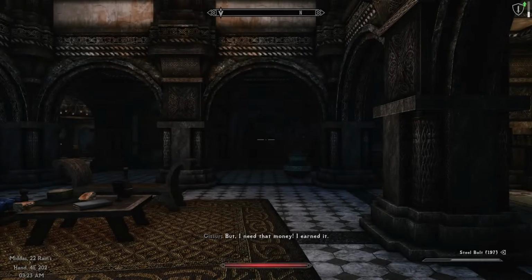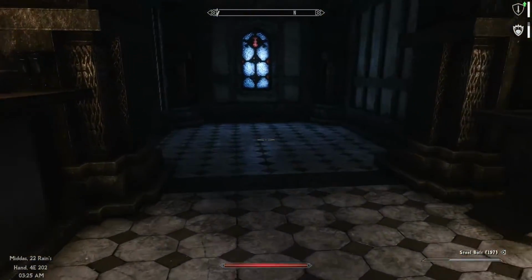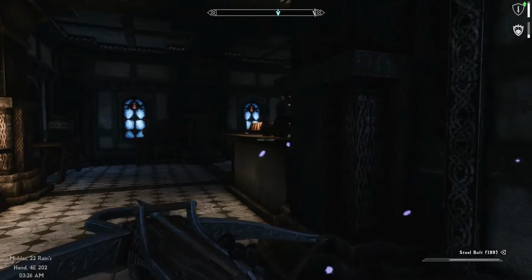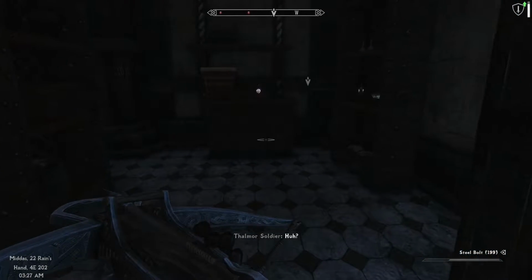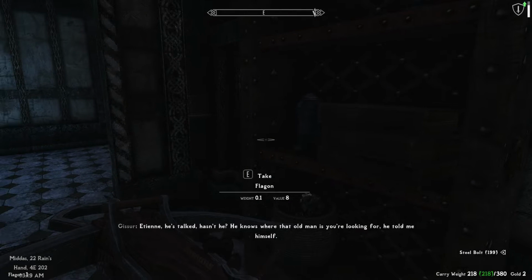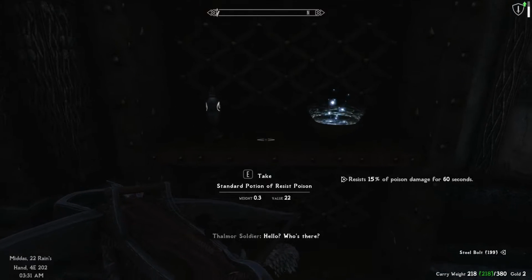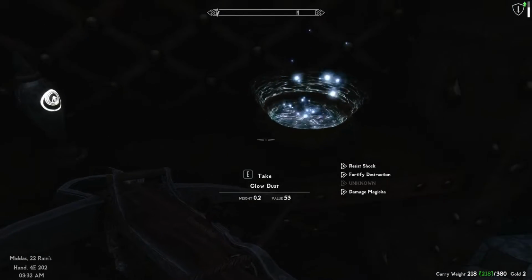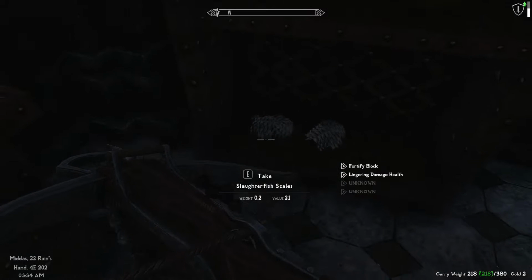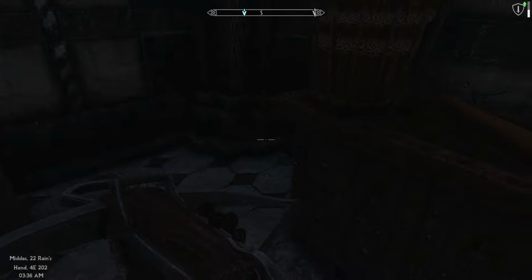But I need that money. I earned it. I have my own expenses, you know. Silence! Do not presume, sir. You are most useful, but do not presume. We have other informants who are less offensive. But no one else has brought you such valuable information, have they? Etienne, he's talked, hasn't he? He knows where that old man is you're looking for. He told me himself. You'll get the rest of your money when we confirm his story, as agreed. So he has talked. I knew it. Everyone talks, in the end. Now, I have work to do. Leave me if you want to see the rest of your payment. Can I...